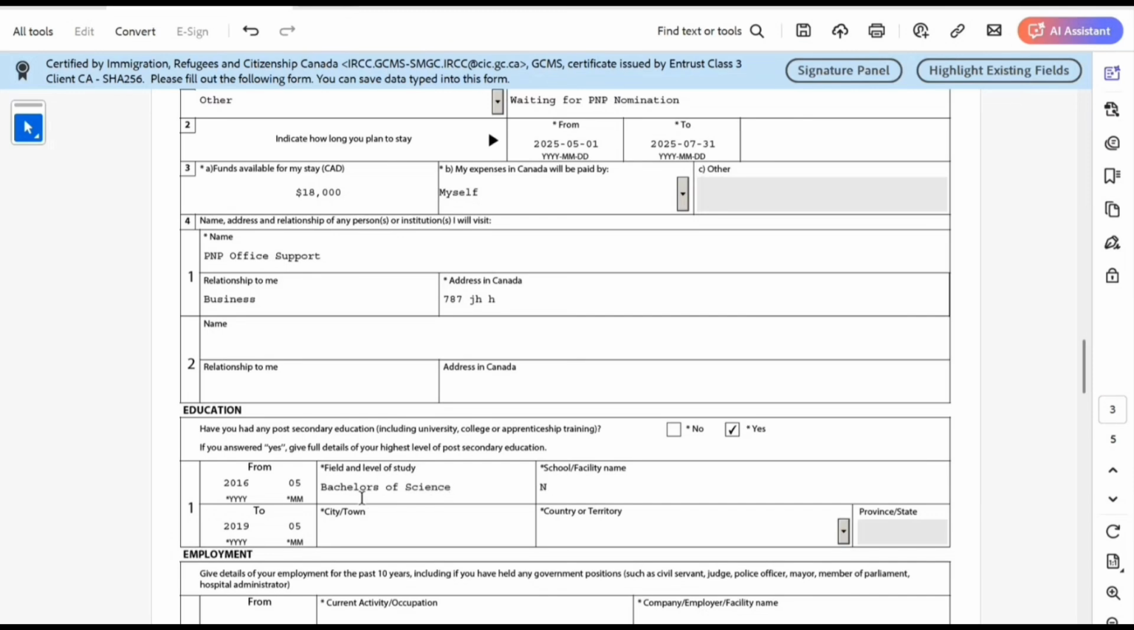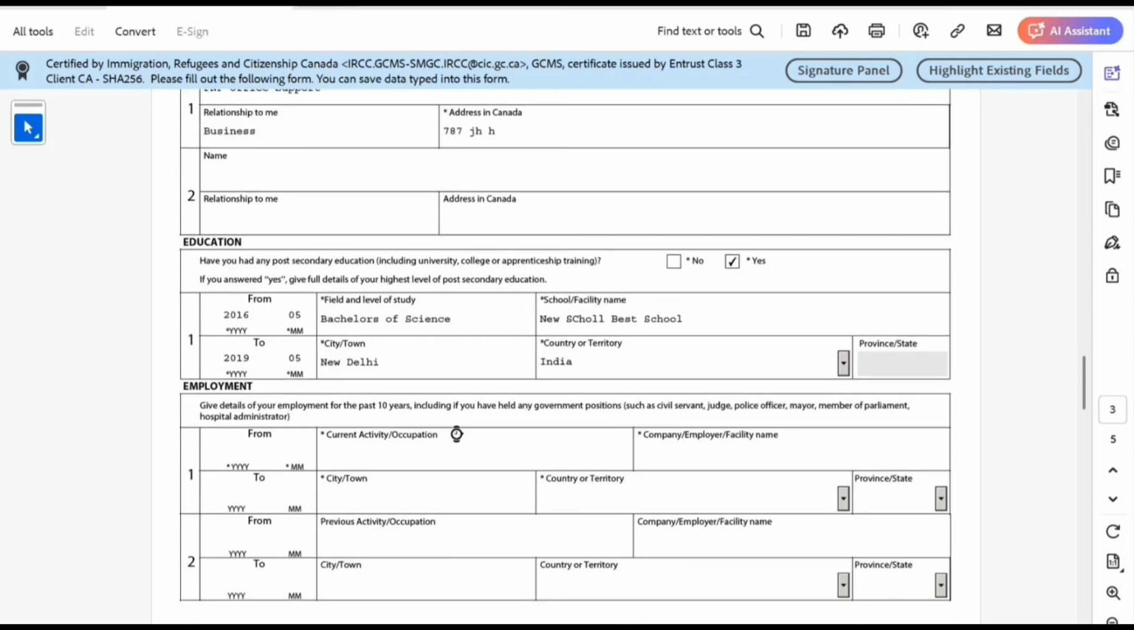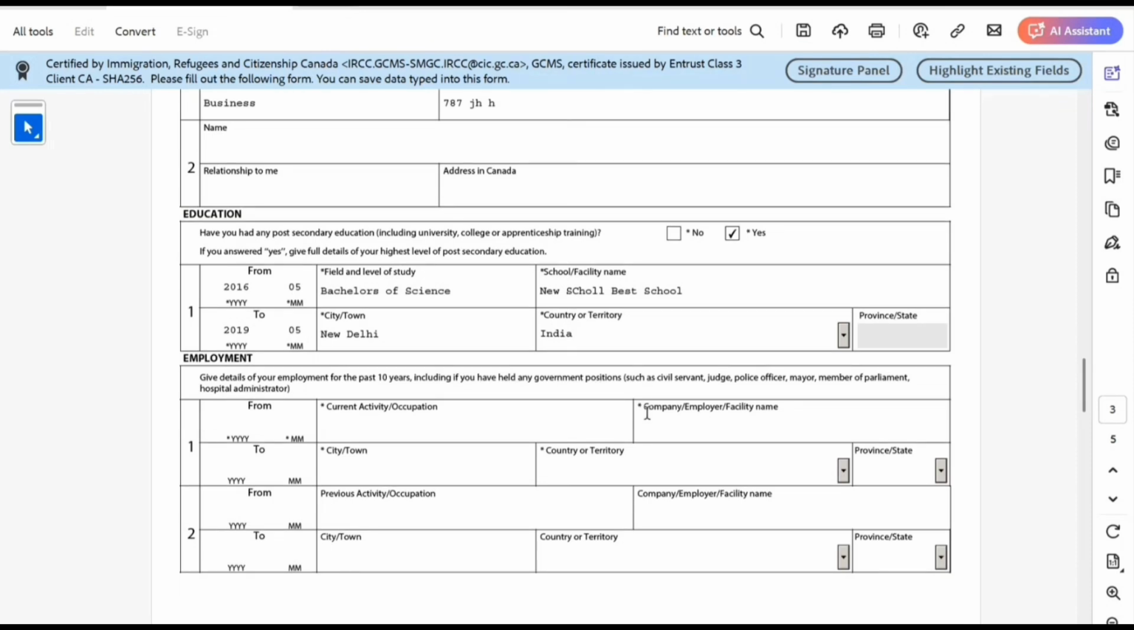School, let's say new school or best school. Whatever, do it as per your own case, guys. Don't go after me. New travel country, India, employment. Give reasons, employment for past 10 years, including if you had any positions such as civil servant or